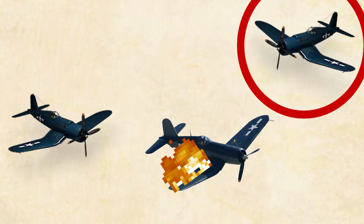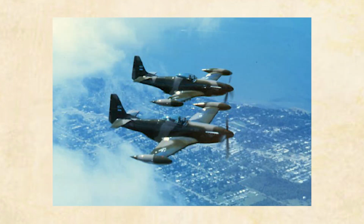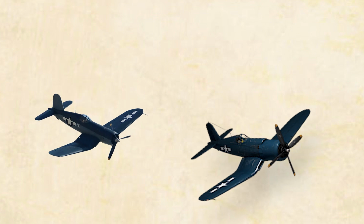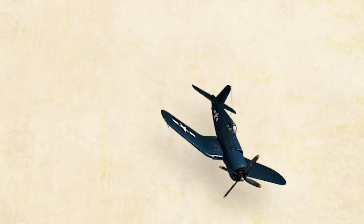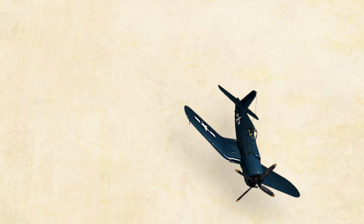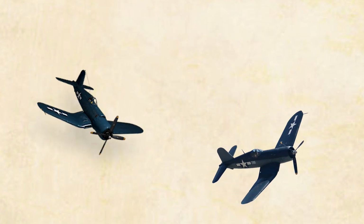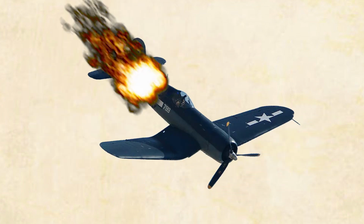However, things had started going wrong when his wingman, a man named Acosta, had stayed at a higher altitude to check on 2 Salvadoran Mustangs that had arrived on scene. This allowed the one remaining enemy Corsair to slip onto Soto's tail, and the 2 Corsairs would engage in a classic dogfight. Zooming, diving, twisting, turning, and finally, after what felt like an eternity, Soto performed a split S maneuver that put him on his enemy's 6 o'clock. He downed the Salvadoran Corsair in a stream of cannon fire, earning himself the last piston engine fighter kill in